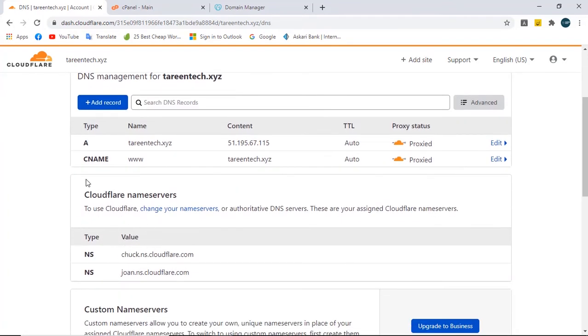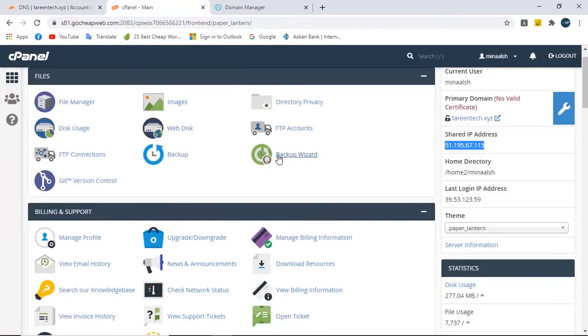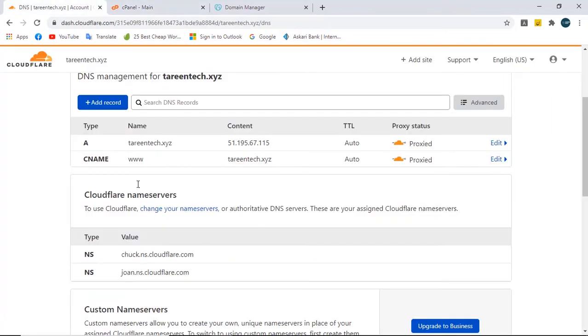and here you can see we have successfully added our website. Now the thing you will need to focus on is that here are two name servers from Cloudflare. These are written here, look at them, these are two. So now the main step is that we have to connect the name servers of Cloudflare with our